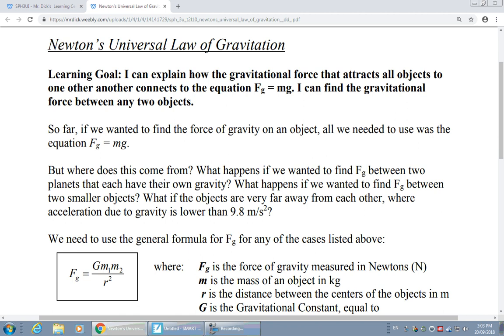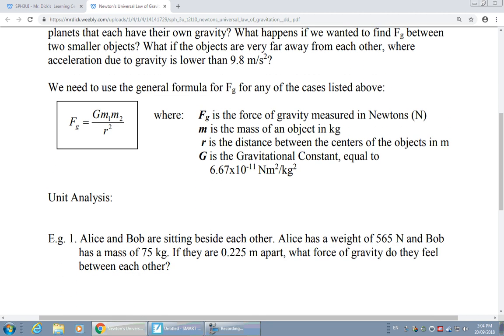You may not realize it, but you are actually feeling a gravitational attraction, even though it might be very small, to every other object with mass around you right now. It's just that these forces often end up being so tiny that we don't notice them in our everyday lives. But very large objects, like a planet, say the Earth, experience very large amounts of gravity, and that's why we feel the effects from Earth's gravity.